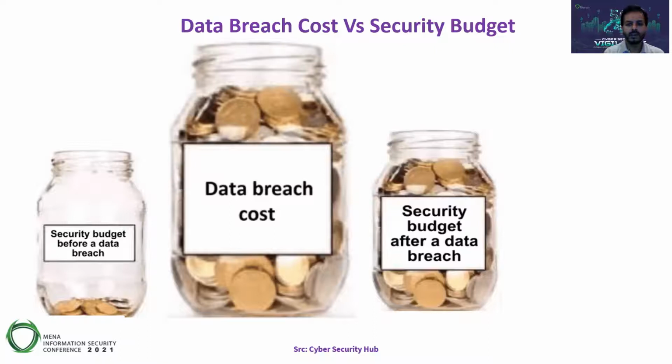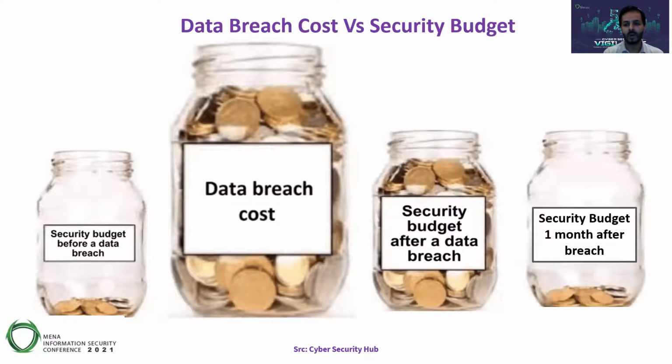Following which, the security budget, all of a sudden, for a short period of time, is significantly extended in order for you to take any actions that you need. So at this point, the CEO and the board will basically say, you need money to fix this so it doesn't happen again. Here's the money to do that. Again, that's for a finite period of time, after which you're back down to where you originally were prior to the breach.